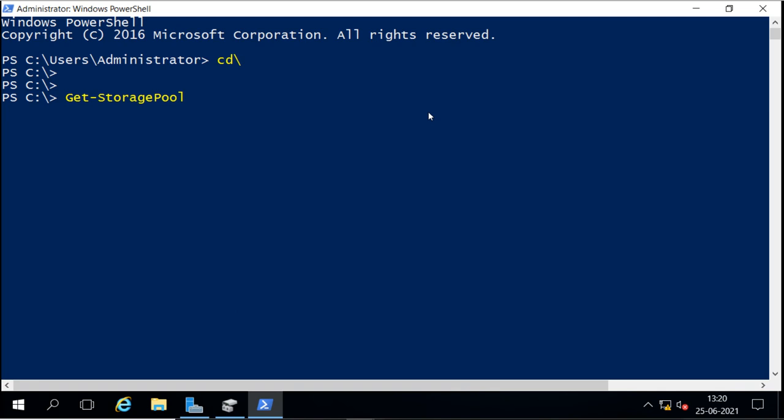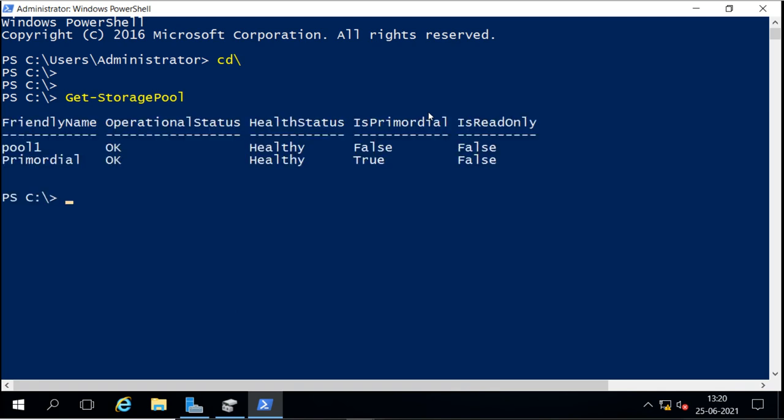This command, Get-StoragePool, will show you the storage pools we have. We have one storage pool, that is Pool1, and the Primordial pool will always be there because it is free space, available for any free disks we have. Then it says IsPrimordial is No for this one because it is used, and this one is True because it is the primordial. So this is how to check our storage pool.